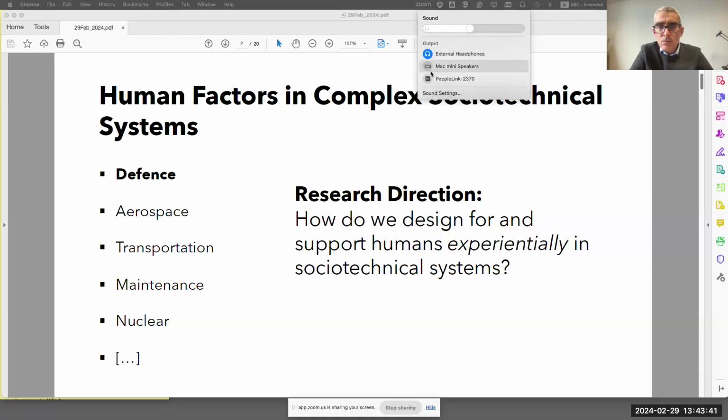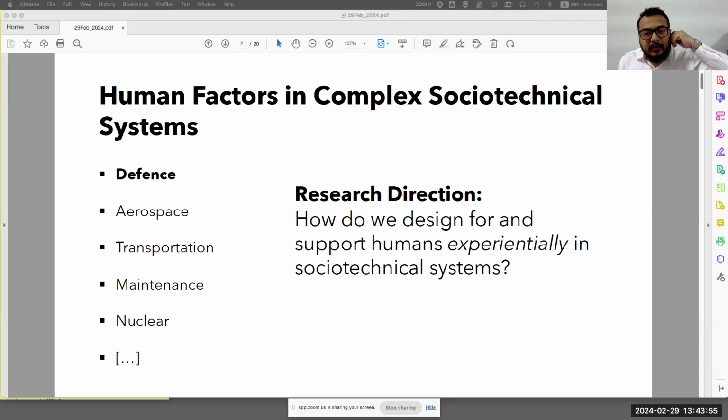Maybe you can check Zoom whether the input is on the top left, in the bottom left. You should be able to see the arrow pointing up. Can you hear me now? Now, yes, perfect. Thank you. Okay, I'm so sorry about all this mess. Sometimes some of the other tech.